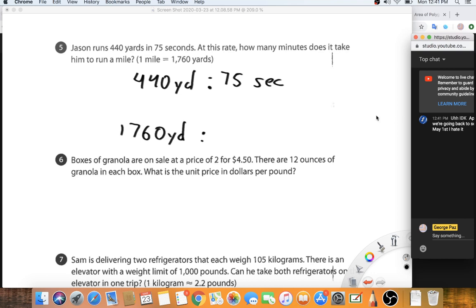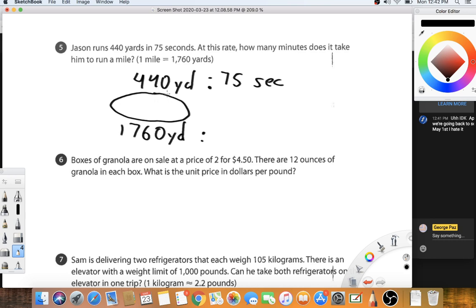I'll explain that right now in a bit. So I can't multiply that in my head, so I would have to divide it. Then it would tell me how many seconds this person would take for this many yards. This is how many yards are in a mile. I'm trying to find what 440 times what gives me this many yards, which gives me a mile. When I find what to multiply that by, I'll be able to multiply it on this side, and then they'll tell me how much time Jason runs